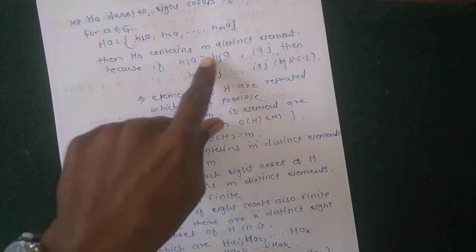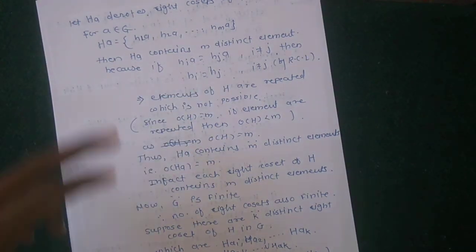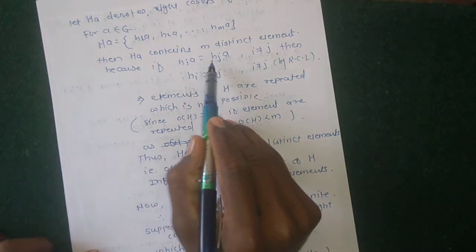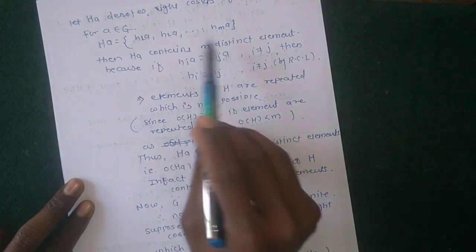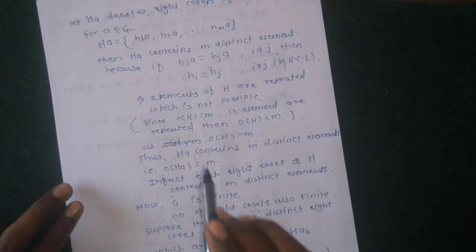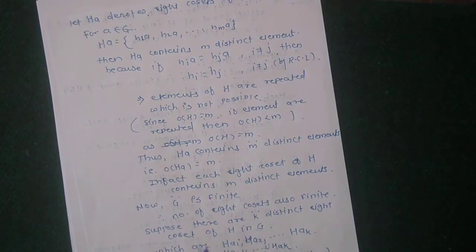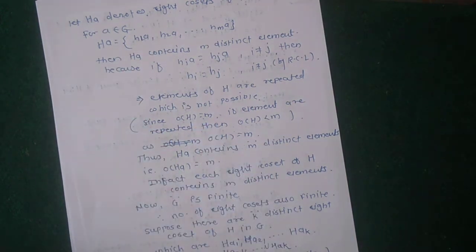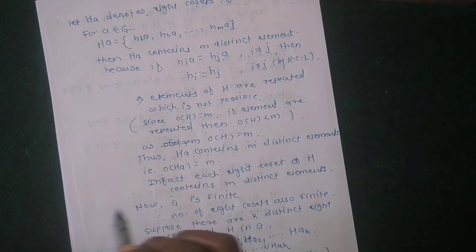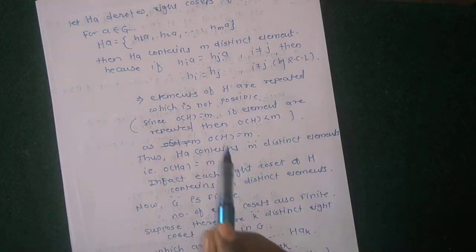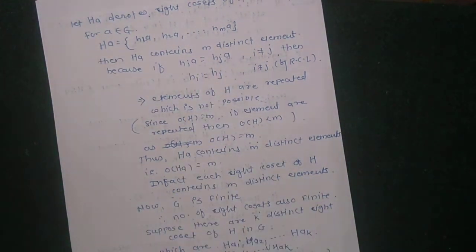Why is this there? Because this is a reason of distinct elements. Why are these not the same elements? If these were the same, meaning repeated elements, then the order of H would be less than M. Therefore the order of H is less than M, and this is a contradiction, because the order of H equals M. Therefore these elements are not repeated.